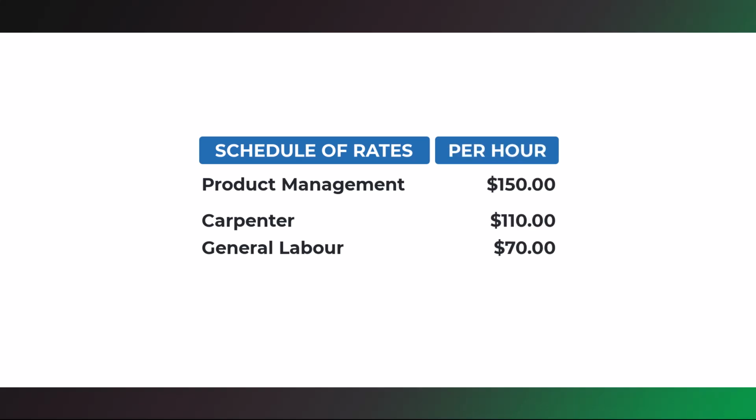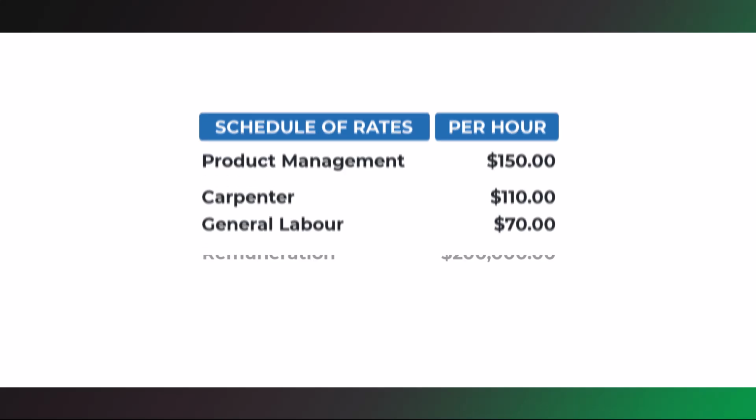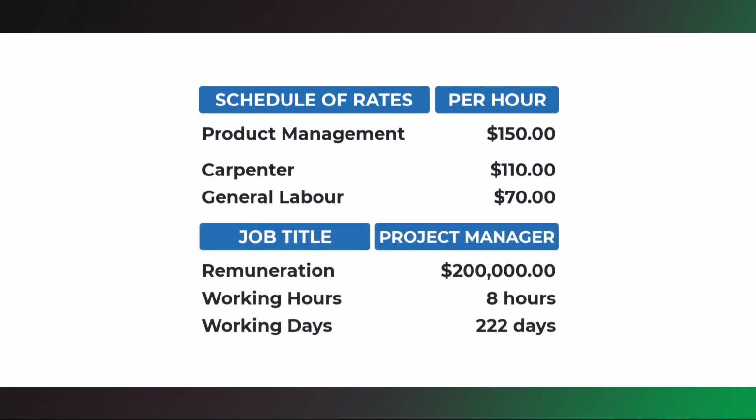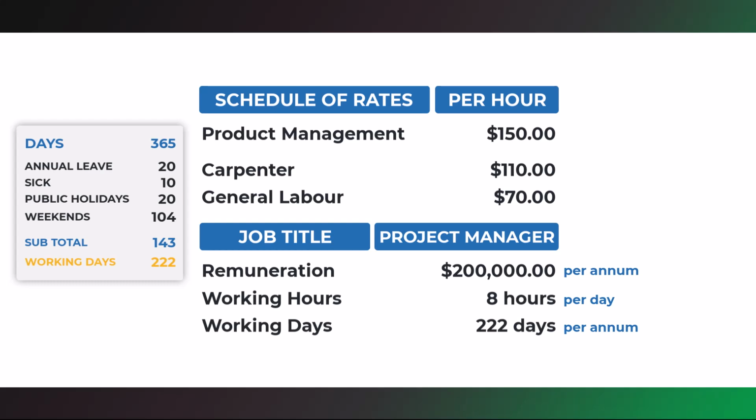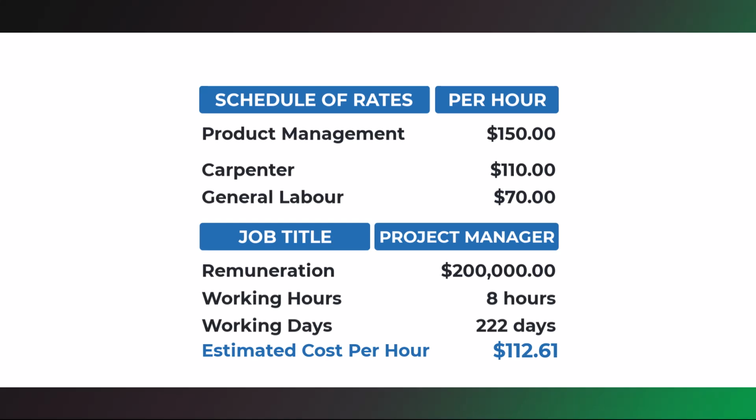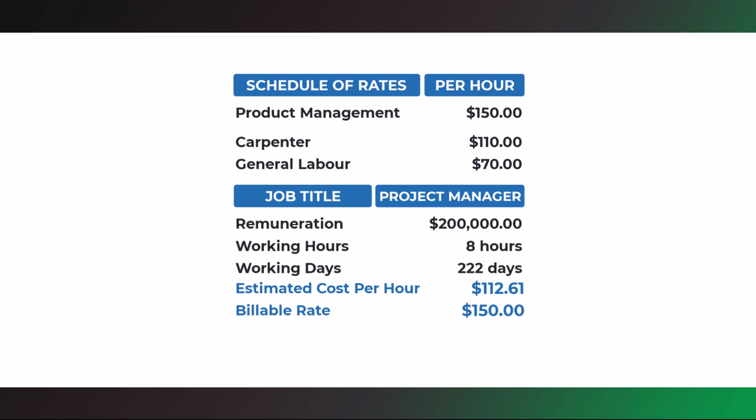The estimated cost of labor is how much you expect to pay the resources, based on their remuneration and working days and hours per year. For example, if a project manager earns $200,000 per annum, they work approximately 8 hours per day, over 222 days per year, which takes into consideration 4 weeks annual leave, 10 days sick leave, public holidays, and weekends. This means their estimated cost is $112.61 per hour, meaning if you charge $150 per hour for project management, you're making